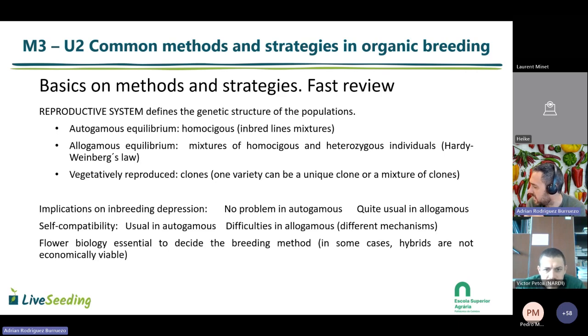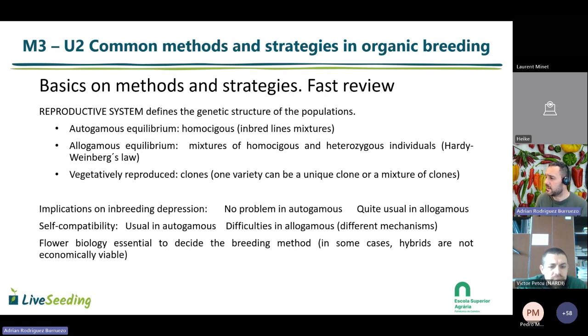Actually, there are a few quite common, and the rest are adaptations or mixtures of these 4, 6 common methods. So my part of the presentation will be very fast and very simple, putting emphasis on the most important